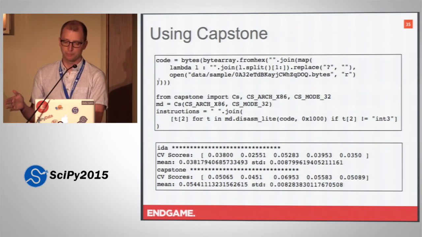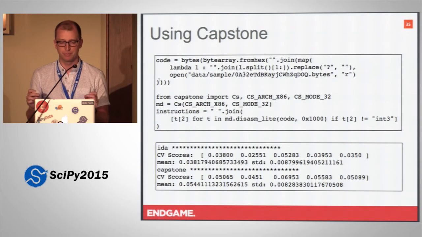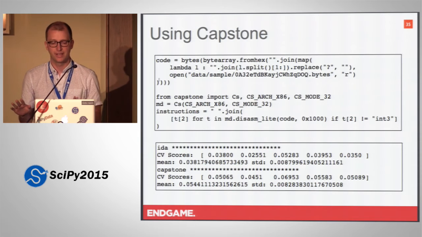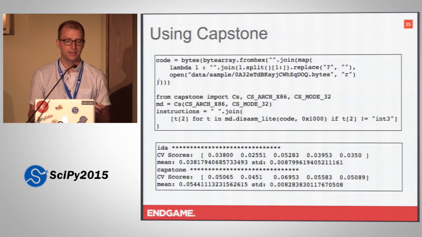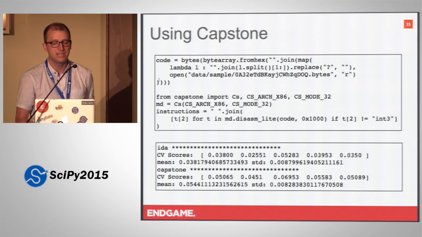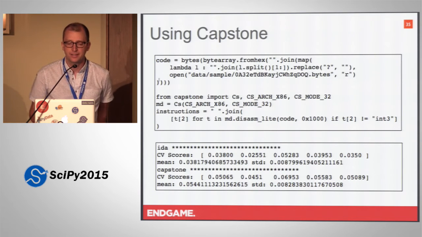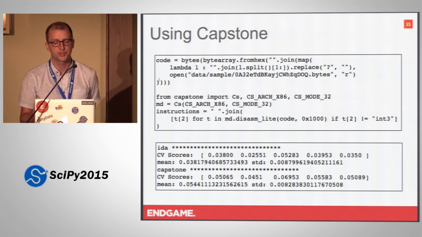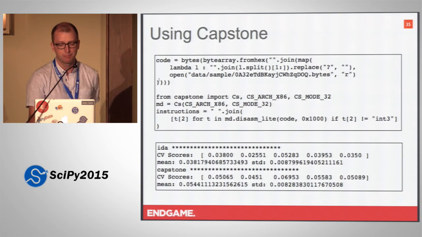I put them right next to the IDA instructions, and I built a machine learning model based only on those instructions. And I evaluated how well they classified. And you can see that's the log loss right there under the mean line. And so the model based on the IDA just had a much smaller log loss, and it was much better.